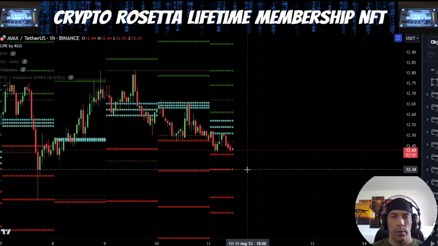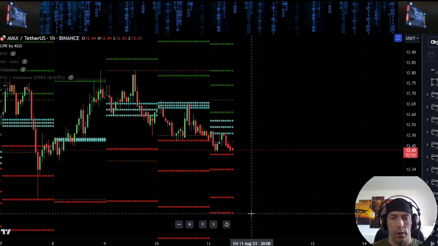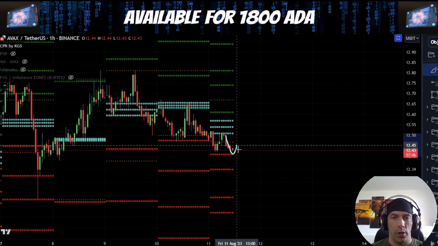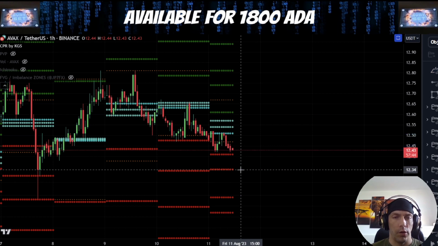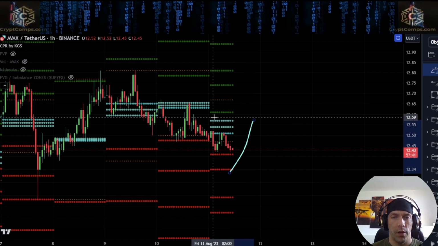If we lose that level, other targets to the downside for today are this 12.34, this 12.21 and this level here of 12.13. So going to be keeping an eye on these zones if we do see price starting to reject to the downside here. If however we do look to find support here and look to reverse to the upside